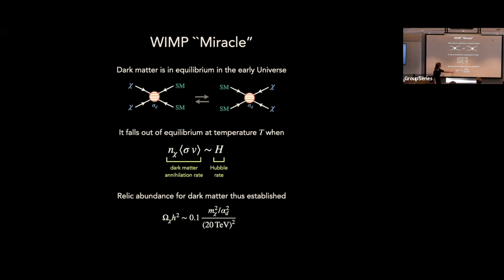And that, if you work this all out, comes out to the following. This is the dark matter abundance, and it scales in this way with the dark matter mass and its interaction strength with the standard model. So if you assume that this is a weak interaction strength, and you assume that the dark matter is also weak scale, so roughly 100 GeV, TeV or so, then this works out to give you an abundance of roughly 0.1. And so that's what people refer to as the WIMP miracle. You just assume weak scale parameters and it all works out.